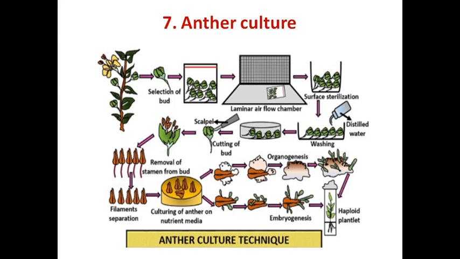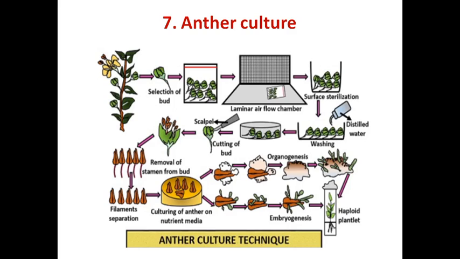Then, students, next I am focusing on anther culture. Anther culture is also one of the most important cultures in tissue culture. An important aspect of plant tissue culture is haploid production by anther culture or by pollen culture, which was first established by Guha and Maheshwari in 1964 and 1966 in Datura plant. In Marathi we call it Dhotra, but now anther culture is established in many crops such as rice, wheat, maize, mustard and pepper.